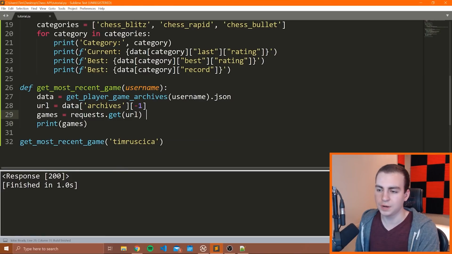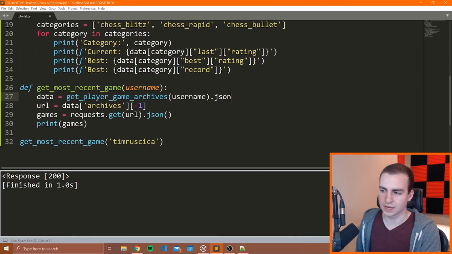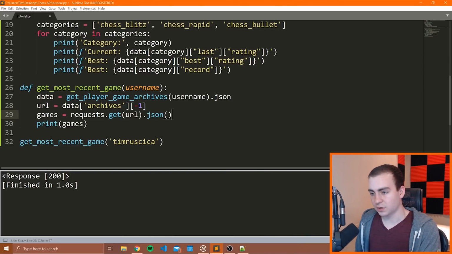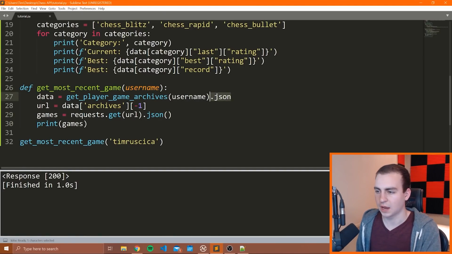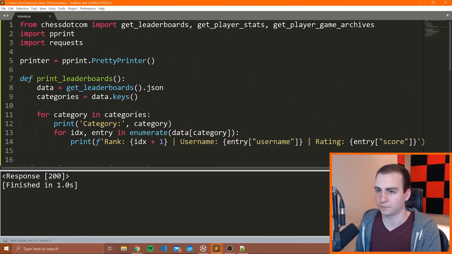We get response 200. The reason we got response 200 is because we need to return the JSON of this, which is the data, right? Now, what you're going to notice here is that in all of these other calls, I used .json without parentheses. And in this call here, I'm using .json with parentheses. The reason for this is that this wrapper just allows you to use it without the parentheses. Whereas when we actually use the requests module, we need to use the parentheses to turn this response into a JSON object. So you don't really have to know the details behind that, but just understand there is a reason why I have parentheses here and not on the functions that I'm importing from chess.com.